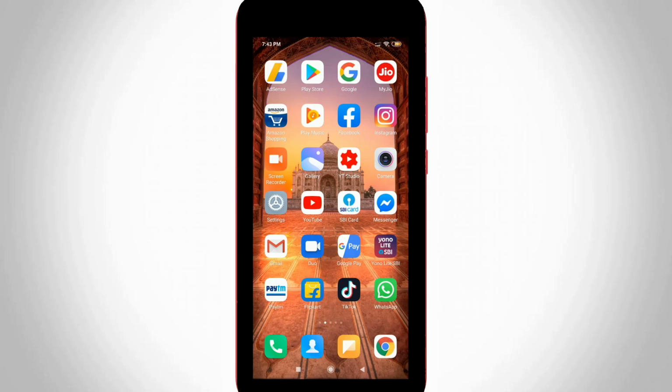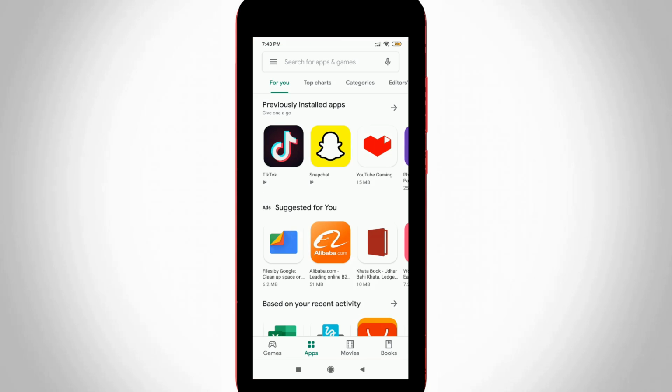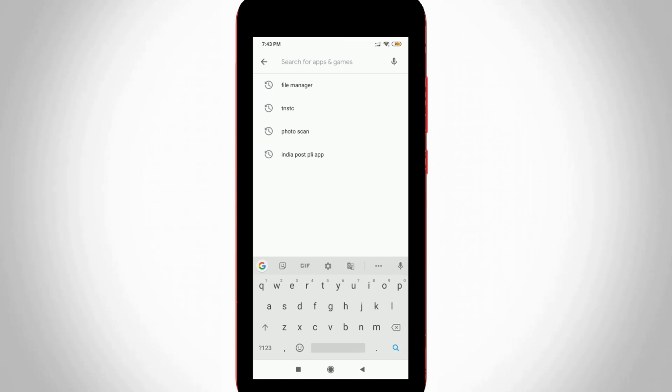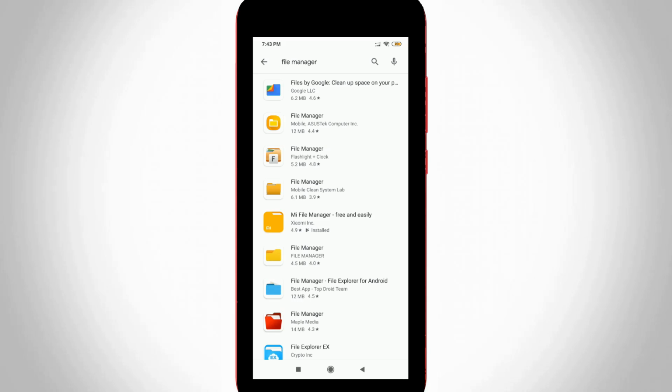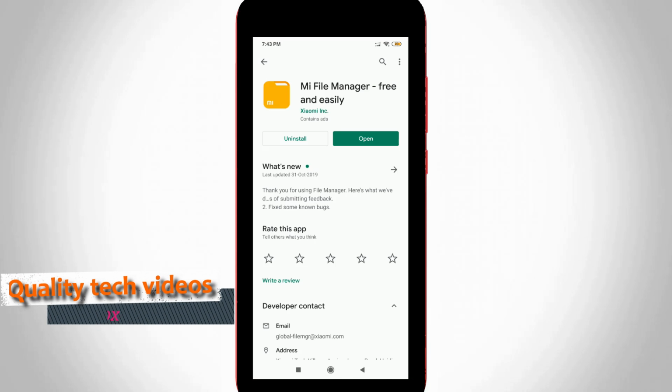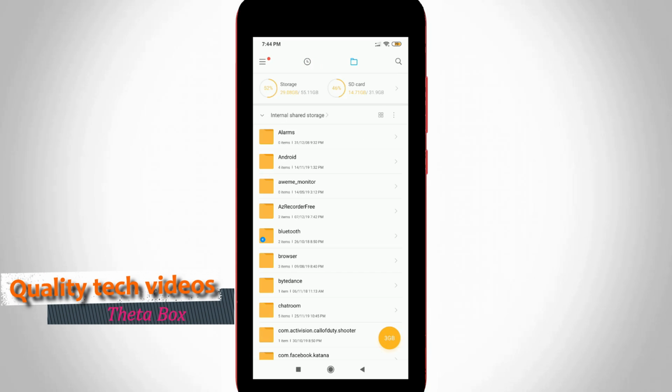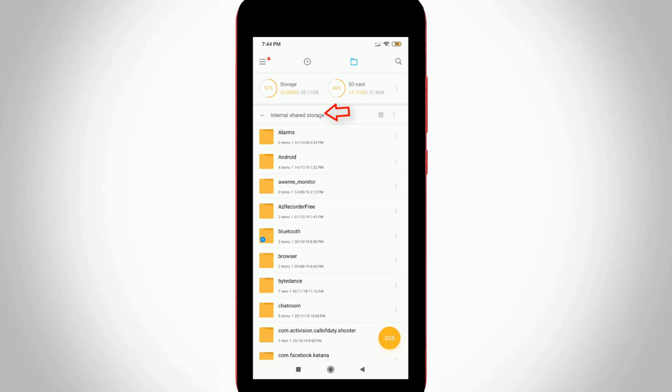So first of all, open your file manager application, and this file manager is default available on all Android devices. But my device has this application, but unfortunately this app icon is missing. So I try to access this file manager via my Google Play Store. So in this file manager section, you can choose storage as internal shared storage.